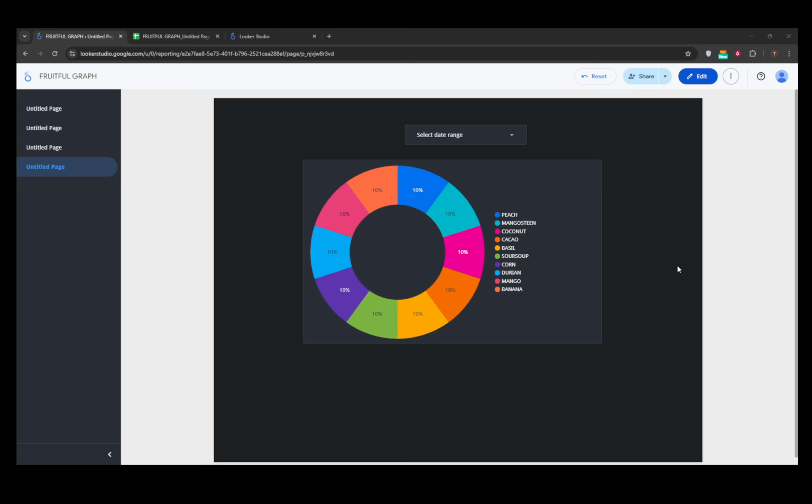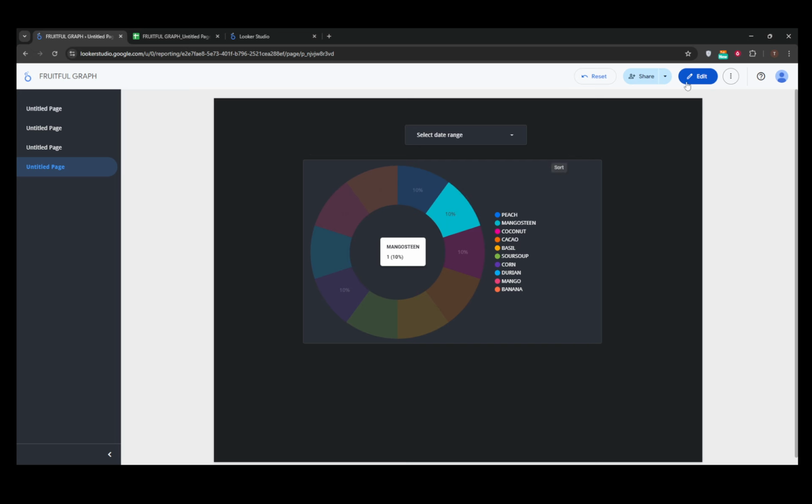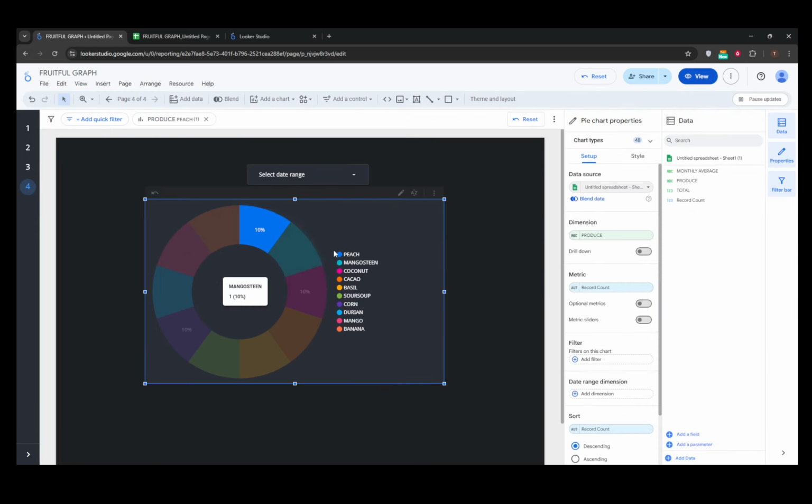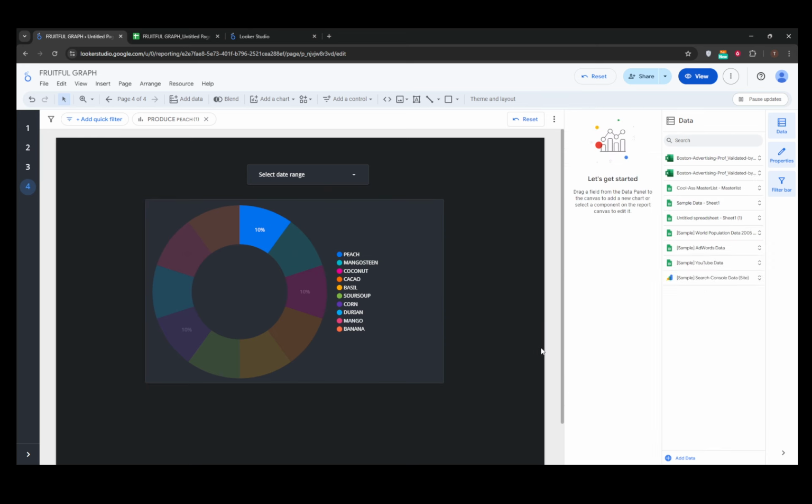In the Setup tab, you'll begin with configuring your data. It's crucial to use one dimension and one metric for your pie chart. Attempting to include more than this will prevent the chart from rendering properly. Pie charts in Looker Studio can accommodate up to 50 slices. Should your data exceed this, any additional values will be automatically grouped together into an Others slice, ensuring your chart